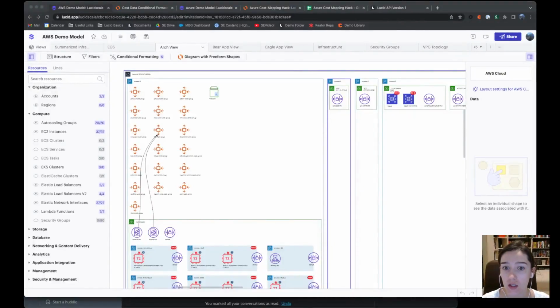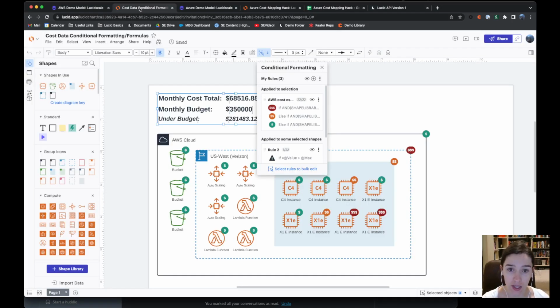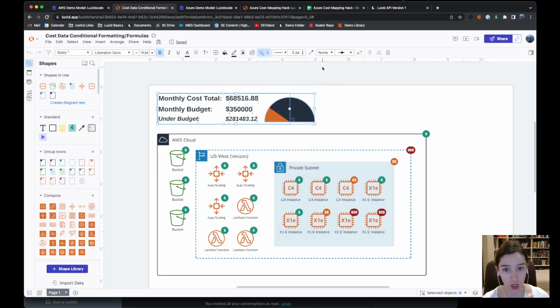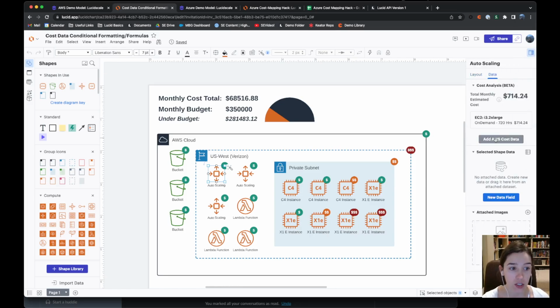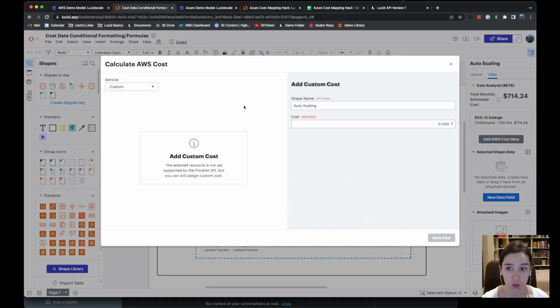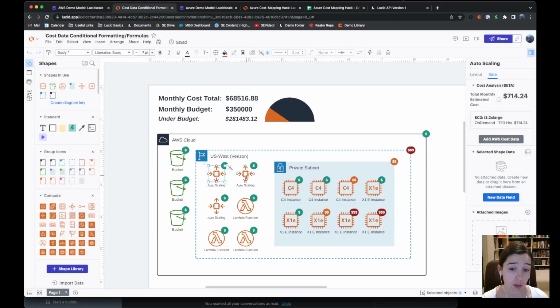Okay, let's talk a little bit about cost in Lucidscale. Specifically, let's start with AWS, because if you have a Lucidscale license and you also have a license to Lucid Suite, so specifically we'll be working in Lucidchart, Lucid does offer a cost modeling option where you could come over and actually use these AWS APIs, or for things that do not have a cost listed in the API, add